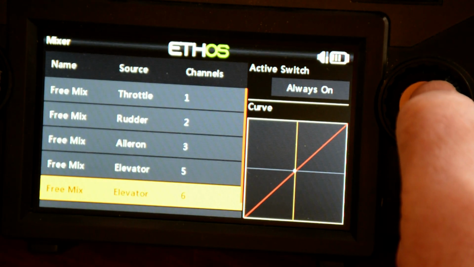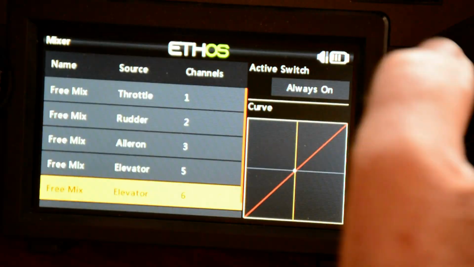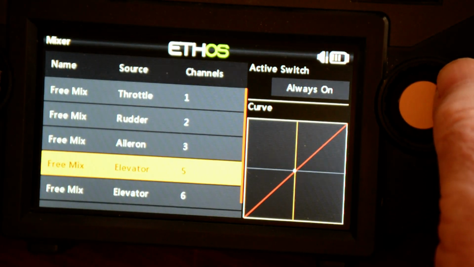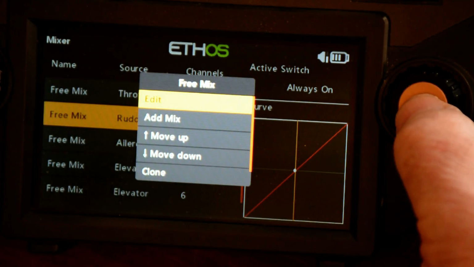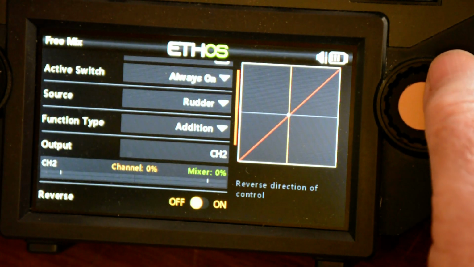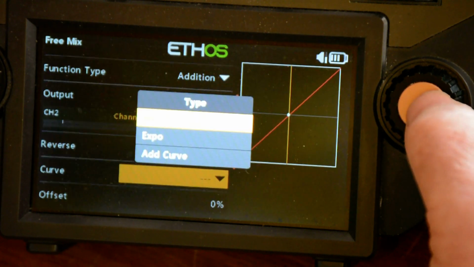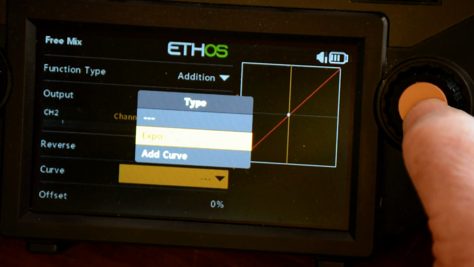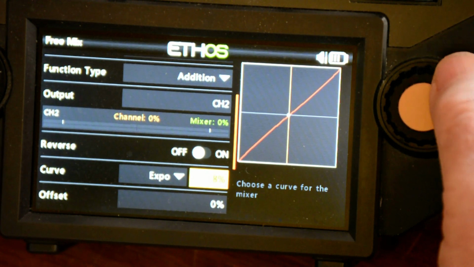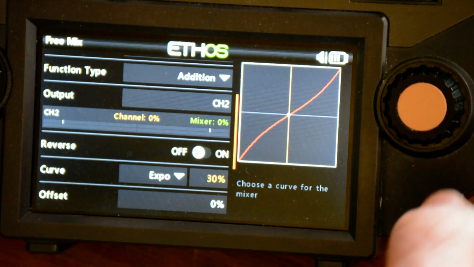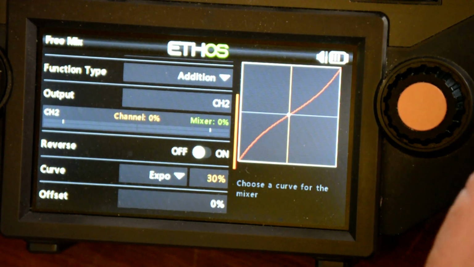The first thing we're going to do is, because we can change everything in here, I'll show you in a while. I'll go to the rudder, and I'm not going to change the weight, but I'll go to edit and add a curve, which is in my case exponential, and then just to keep it simple, I'll put 30%. 30%, as you can see. I'm going to return,